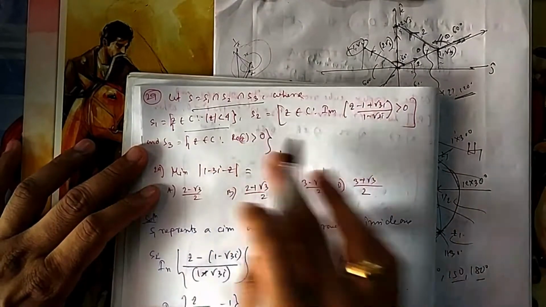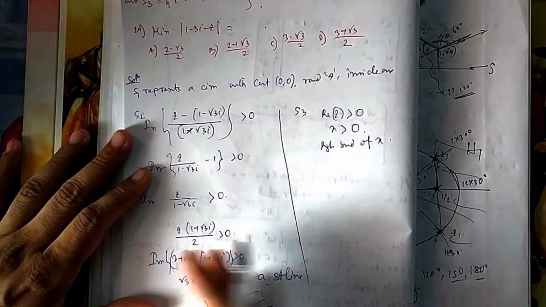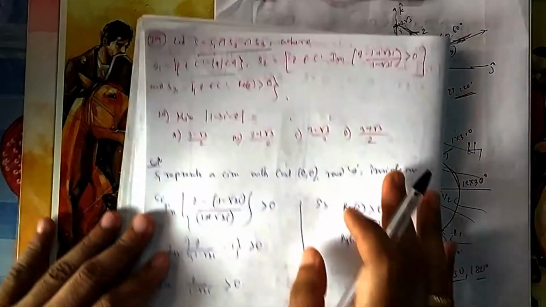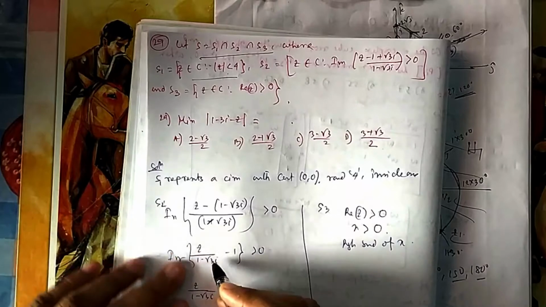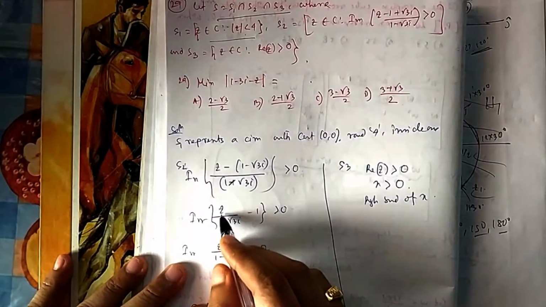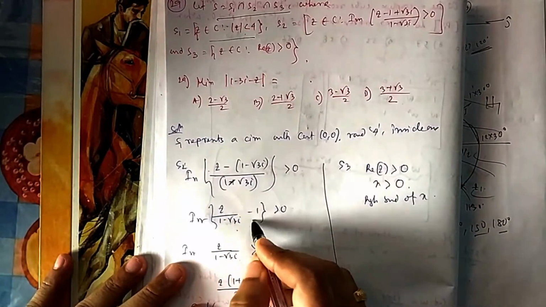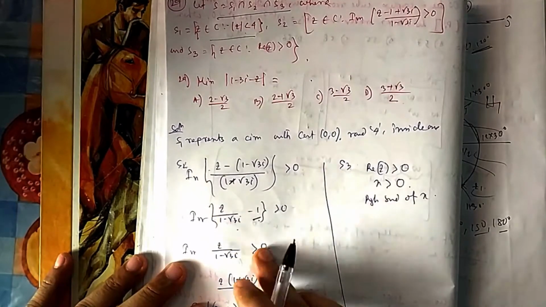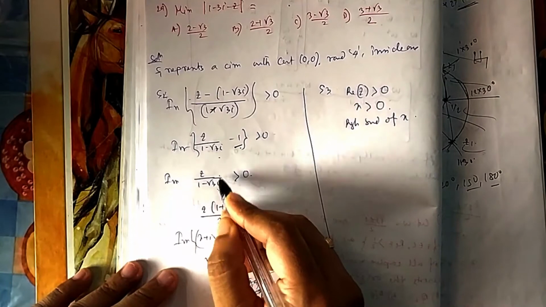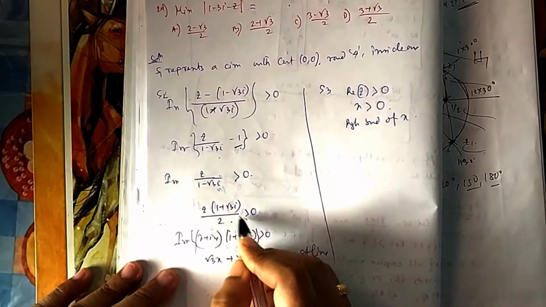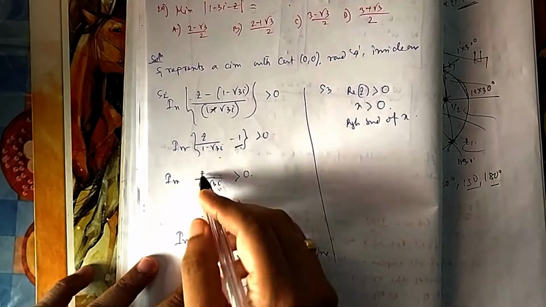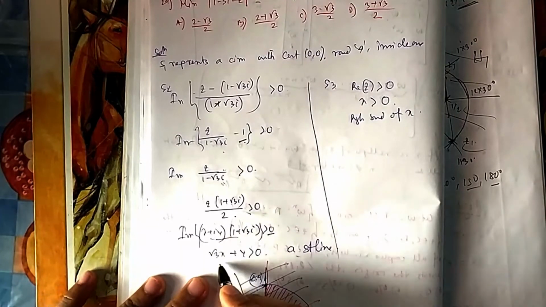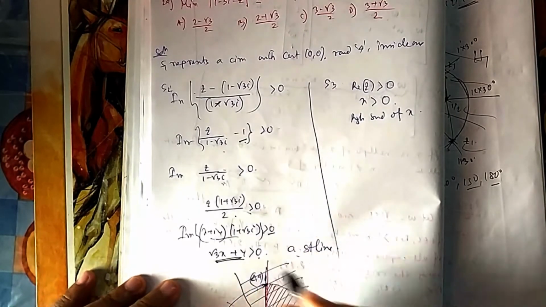This one is real Z should be greater than 0, that means positive values of X. So this side is given. Now if you solve this one, the imaginary of this, you divide by minus 1. Minus 1 is not coming into the imaginary part, so you can forget about this. If you take the conjugate product of these two, 1 plus root 3 by 2, so it will be something of this one. You can put x plus iota any time, then the imaginary part will be this one. This should be greater than 0.